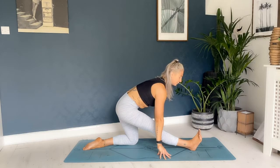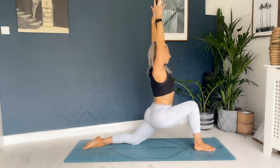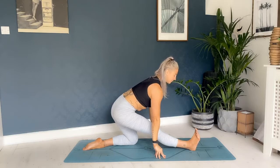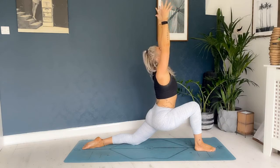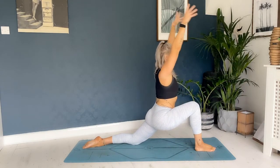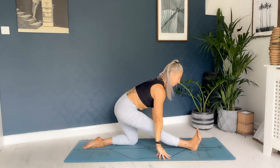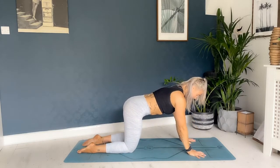And just gently moving between the 2 moves with your breath. So we take an inhale, bend into the right knee, float the hands up. We take an exhale, straighten into the right leg, half split. 2 more times. Inhale, float the hands up. Exhale, half split. Last time. Inhale, hands up. Exhale, half split. Gently bend into the right knee, come back into your tabletop reset here,